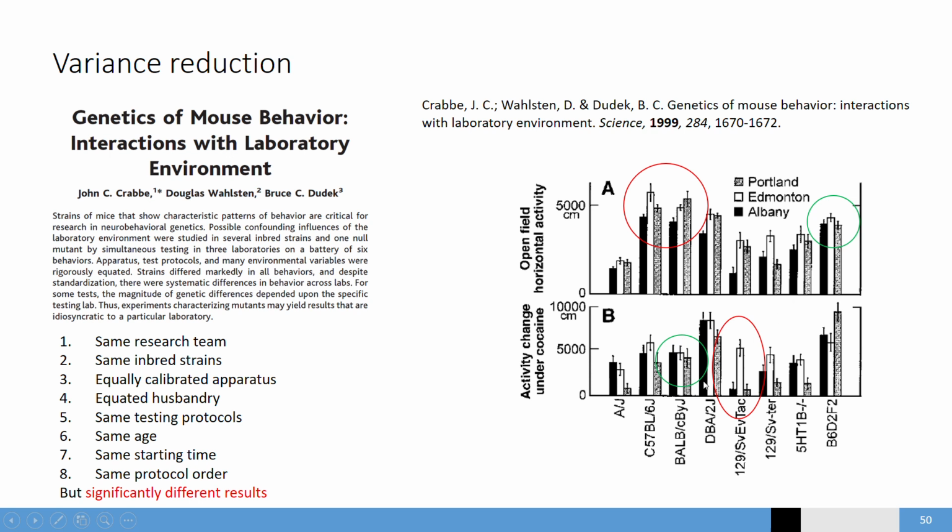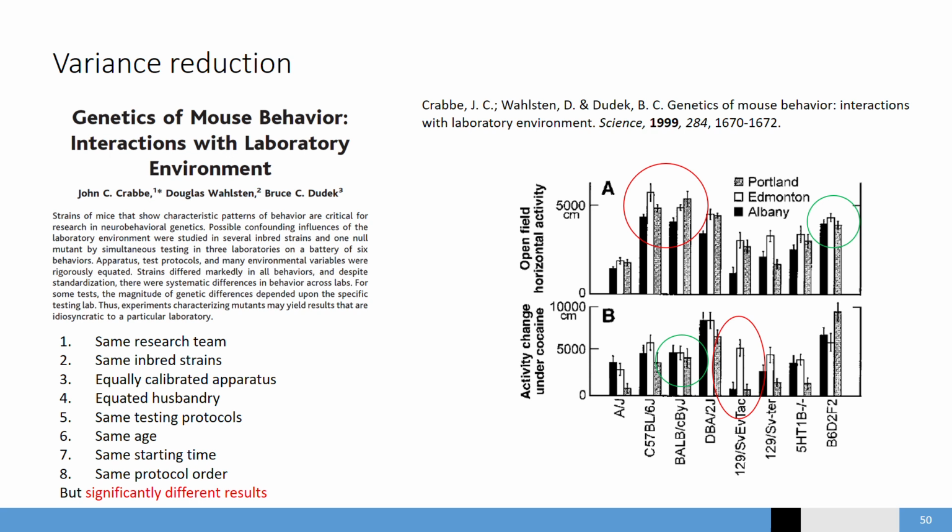But still, you have some responses like this one. In one of the labs, the animals were behaving totally different from the other two labs. So that means that there was still something they didn't control, they didn't know, that was acting differently in the